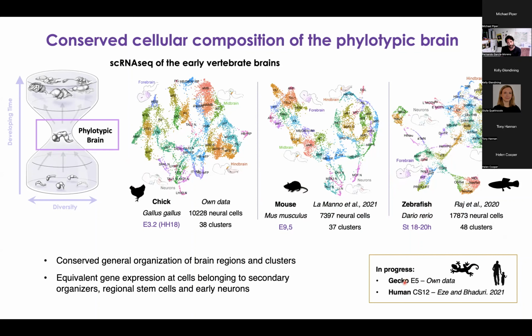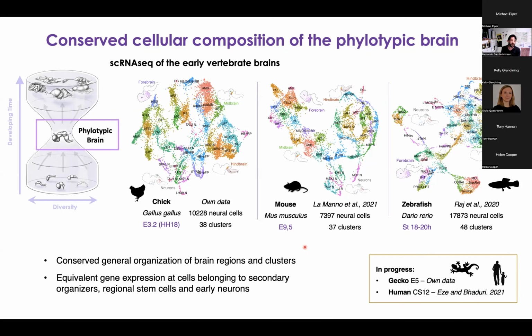We are working on and analyzing it already, but this is too preliminary. I will not show you today. And also human cells that were sequenced and published by the group of Arno Christian in San Francisco. So we are comparing these 5 species at the very early stages of brain development, and what we've identified so